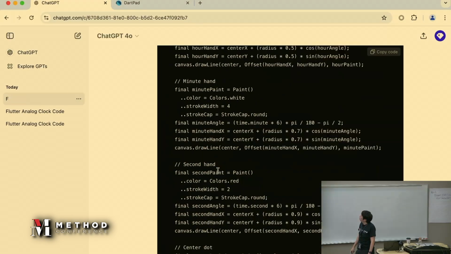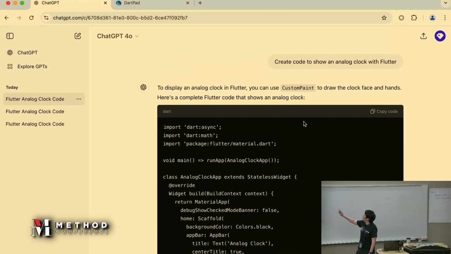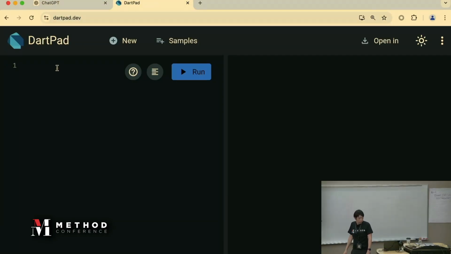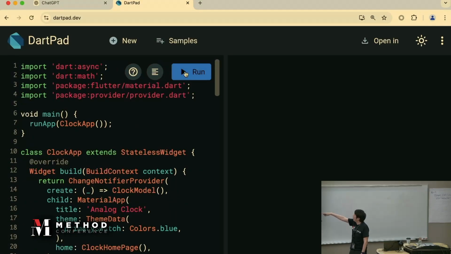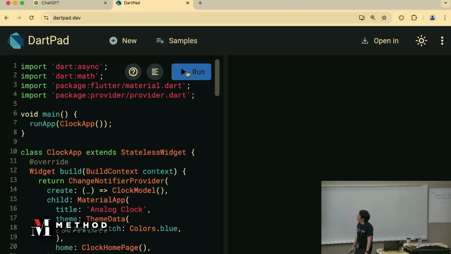And checking this auto-generated source code, we can easily copy this code, go to another tab on that part tab, paste, and just push the run button.